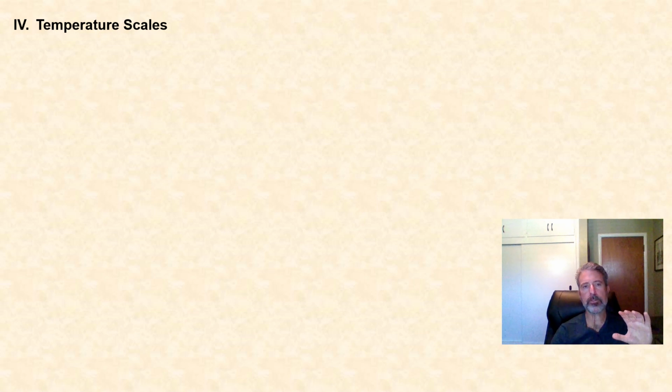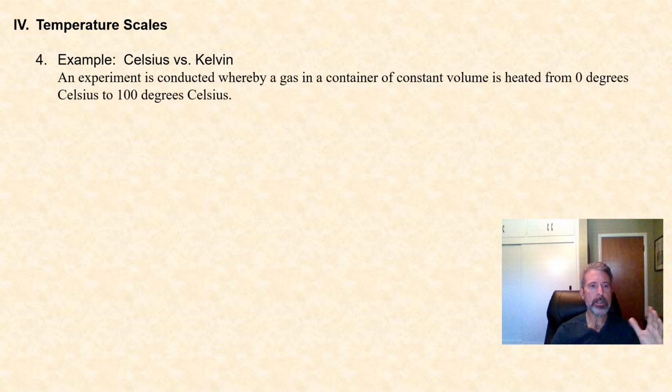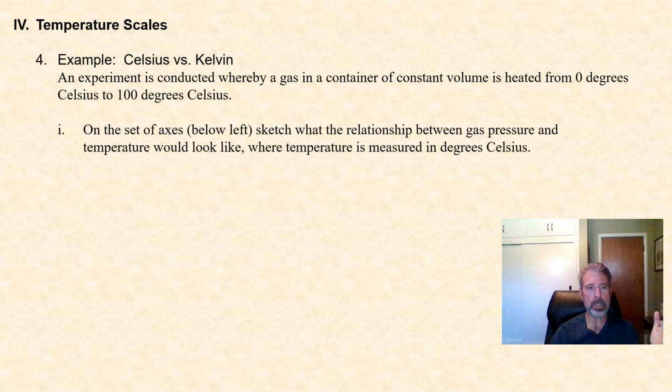So in the next couple of slides, you will hopefully learn something important about the relationship between the Celsius scale and the Kelvin scale, by taking a look at this example. Here we're told that an experiment is conducted whereby a gas in a container of constant volume is heated from 0 degrees Celsius to 100 degrees Celsius. We're asked to sketch what the relationship between gas pressure and temperature would look like, where temperature is measured in